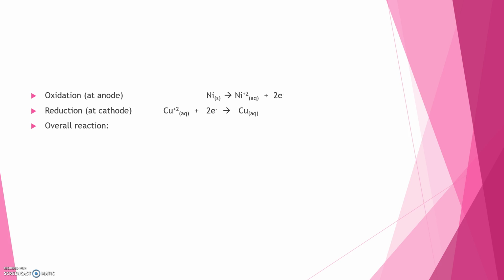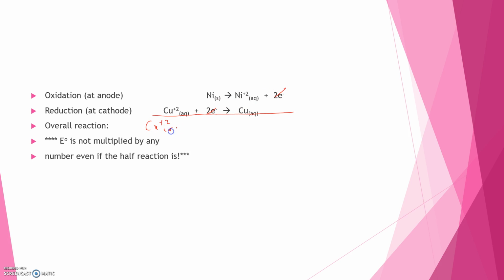Okay, so here's our reaction, but now I want to show you how to actually draw visually a voltaic cell, because this is what we're going to have to do. The overall reaction is what I showed you just before. Cu2+ aqueous, plus Ni solid, yields Ni2+ aqueous, plus Cu solid. Oh, that's a typo there. That's a solid. Okay. Now, I'm going to have two containers,